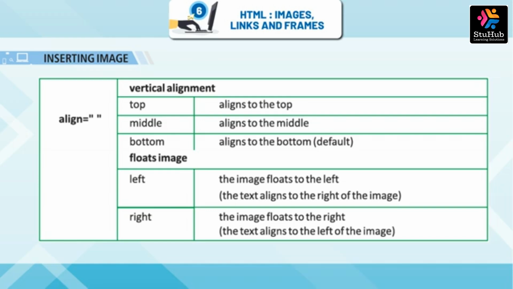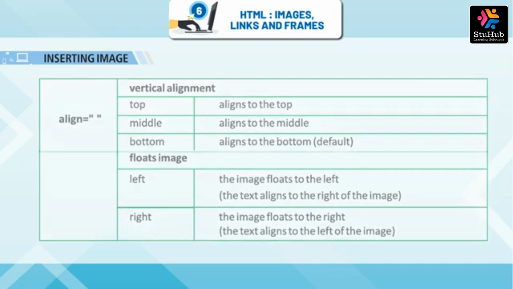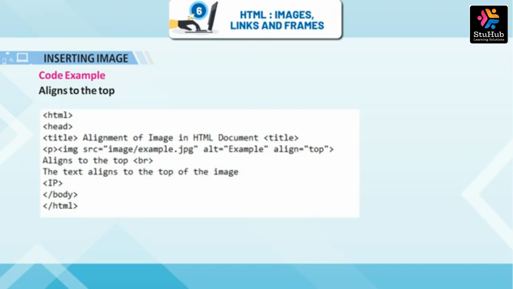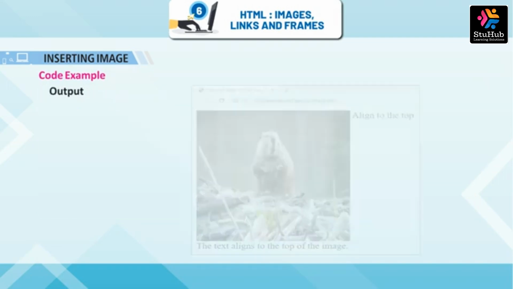The image floats to the left. The text aligns to the right of the image. Right. The image floats to the right. The text aligns to the left of the image. Code example: aligns to the top,